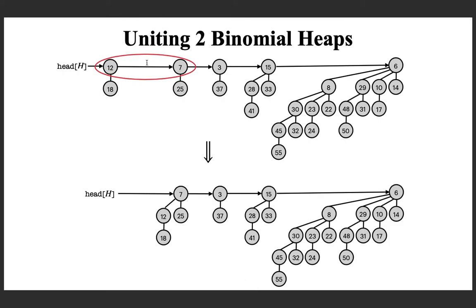And how I did it is, because 7 is less than or equal to 12, I moved this as a left child of 7. Or in other words, by combining 2 binomial trees of depth 1, I obtained a binomial tree of depth 2, satisfying the min heap property. But in the resulting data structure, if you look at the degree sequence, you can see that there is a violation, because degree sequence must be increasing, but here it is decreasing.